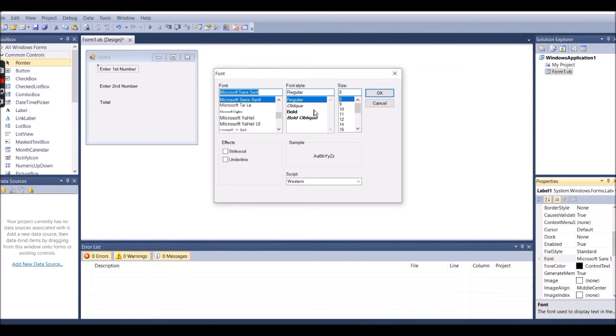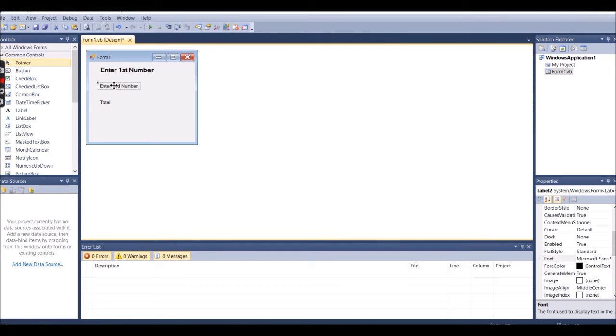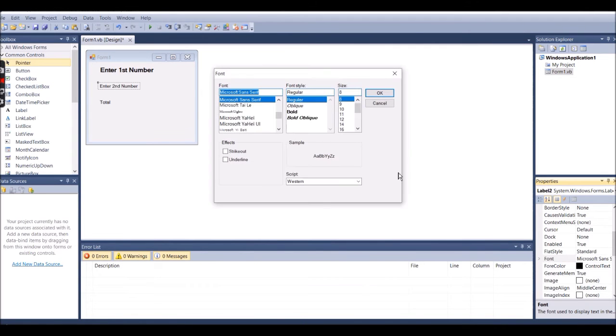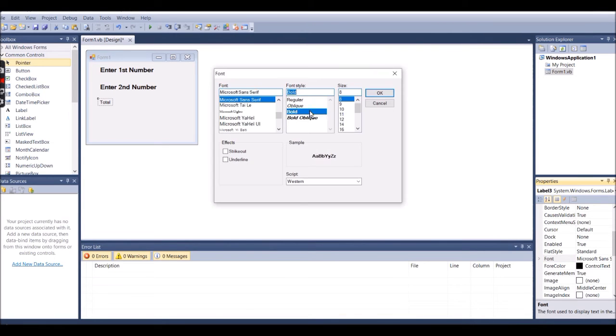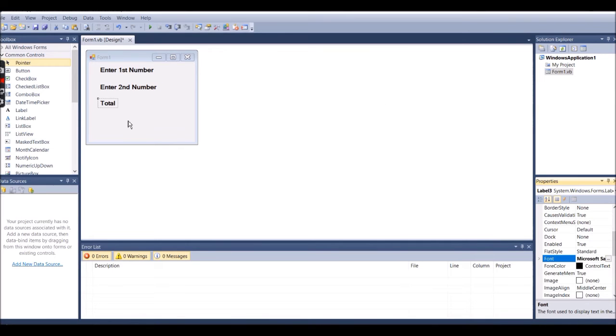After that you will find bold, and you can make it font size 11. Here also the same, you can do it with this process: click here, bold and 11. Here also the same, you can do in Total also. Click on the triple dot, then bold 11. Okay, now you have understood these things.